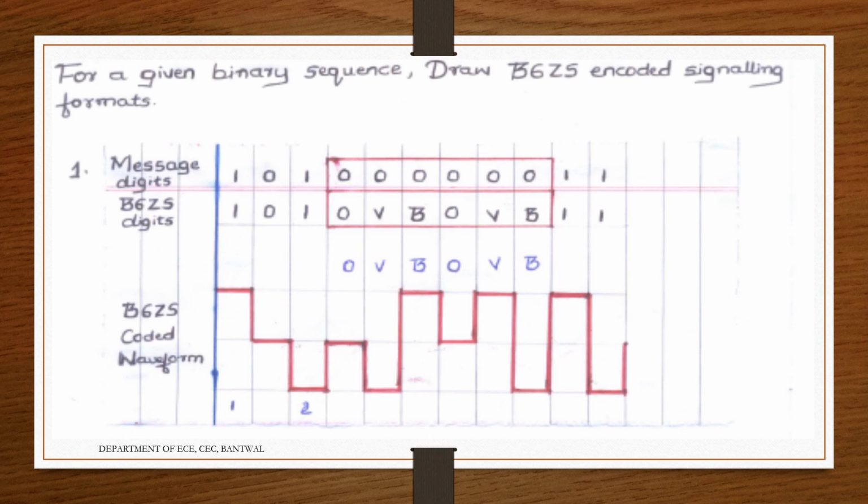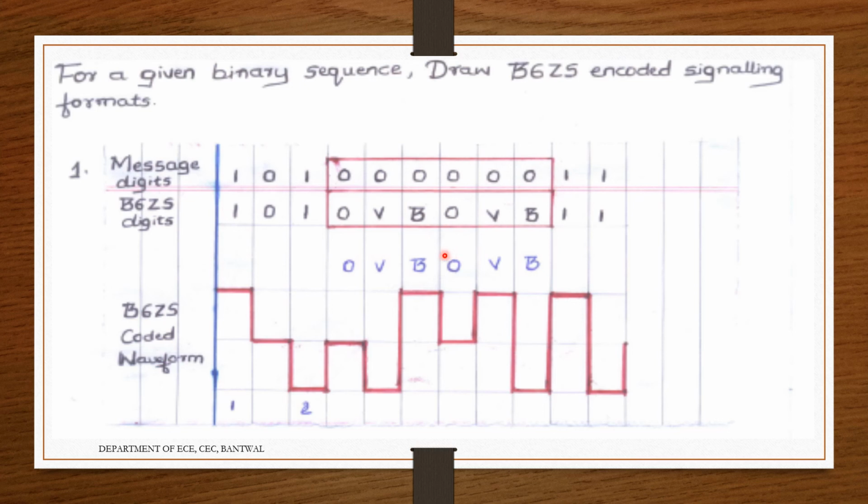So this is what I told you, the prerequisite is required. Next one, B6ZS. Here it is a little easier one, because we need to consider 6 zeros. Like what we did in B3ZS, it was shorter, so it required more steps. Here there are a few less, so be happy about that. Now 1 0 1 0 0 0 0 0 0 and 1 1.